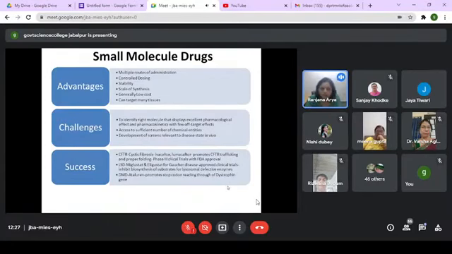So that way it also becomes an advantage, but at the same time it can be a challenge, where you have to have an access to a common pool of all the chemical entities, so that I can access maybe an anti-diabetic molecule for my own neurological disorder. So that becomes a limitation at times, that you want to have sufficient number of chemical entities so that you can explore more and more options.